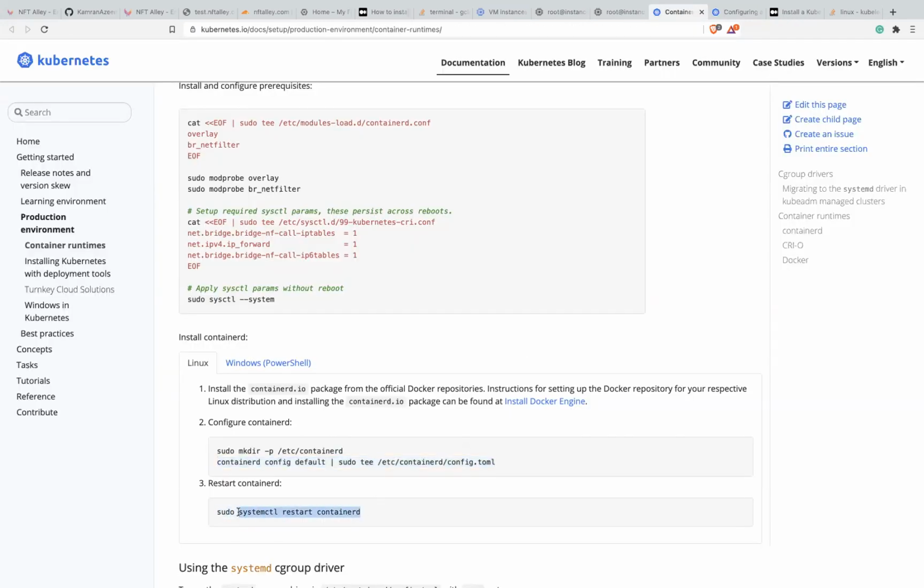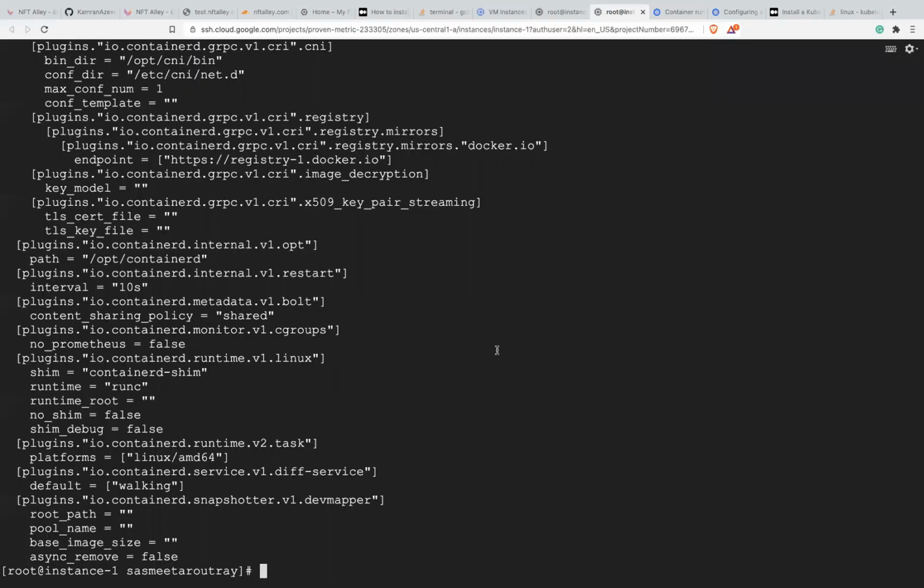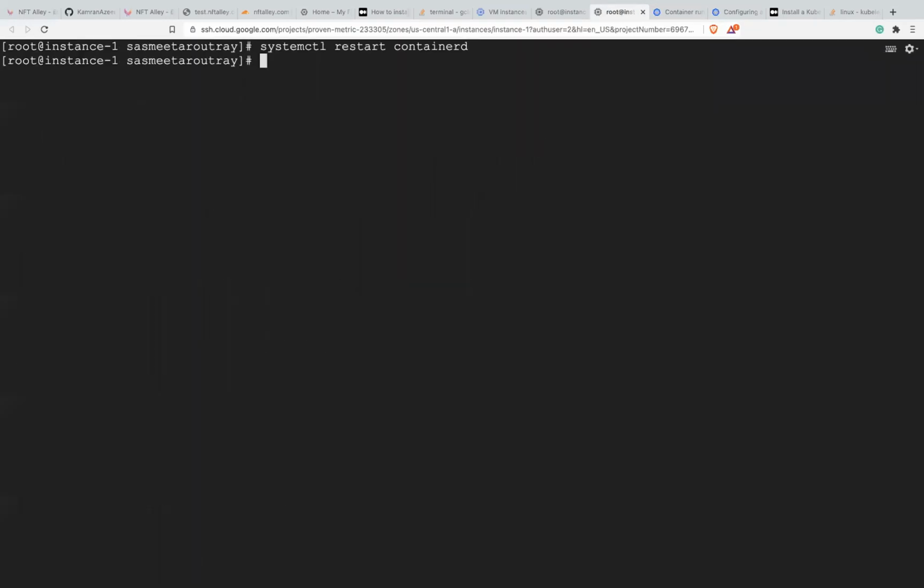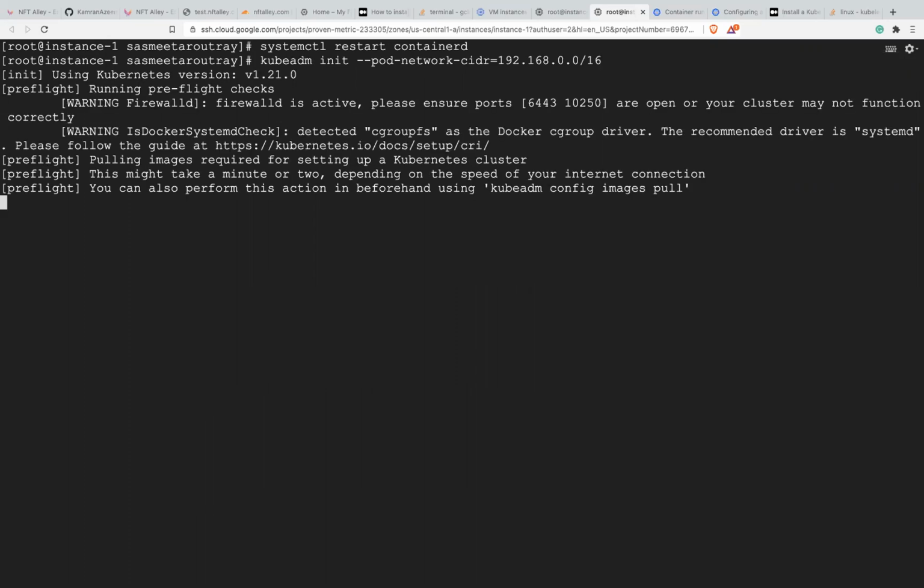This is restarting. So basically, what I am doing is, Docker is no more supported. That is why I have to switch completely back to containerd. And let's try now. Okay, so the moment I switched to containerd, as you can see, it started working